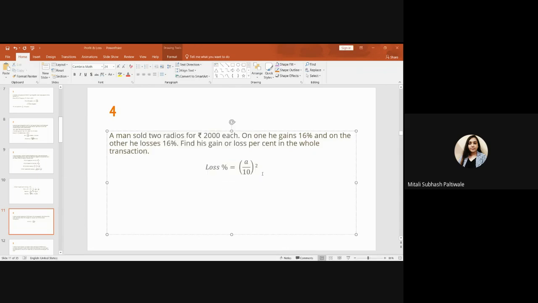This is a complete square out of it. Okay, now look at this. If I put this formula down, my loss percentage, that means A, would be this much, 16%. Because no matter how much he's spending or how much he's earning, the percentage loss would be 16 percentage. So this would become,